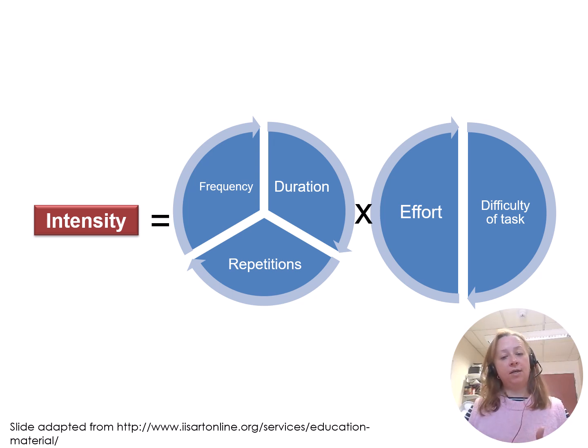On the right side of the equation is effort and difficulty. So effort is about the physiological effort, how much energy expenditure goes into the task that someone's trying to do. And we can measure that using a heart rate, or we can measure it using a self-reported scale like the rate of perceived exertion. And we want to work towards working patients quite hard, to moderate to high intensity in terms of effort. And then difficulty is how hard is that task for them to do, to actually achieve it